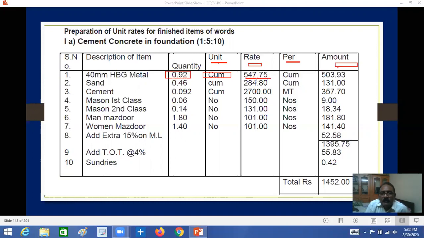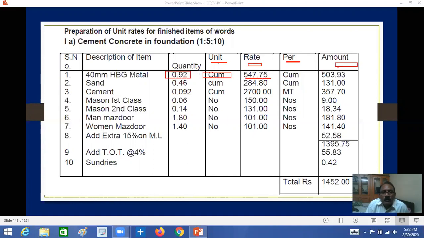Here, always in points. For 40 mm metal, what is the cost? It is 547.5 rupees. This is the per cubic meter rate. In the market, if you want to purchase 1 cubic meter of 40 mm metal, the rate for 1 cubic meter is